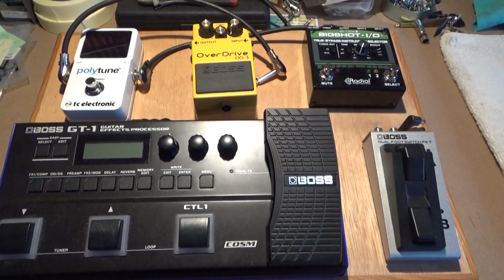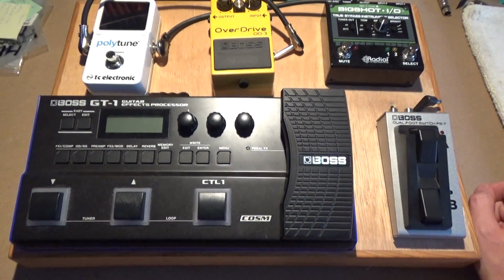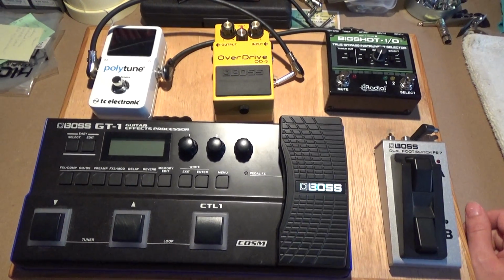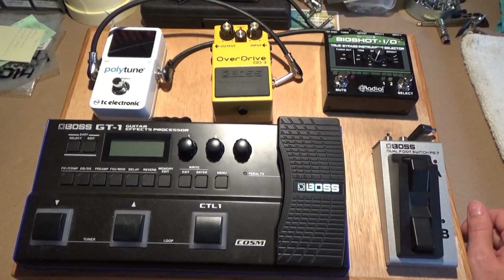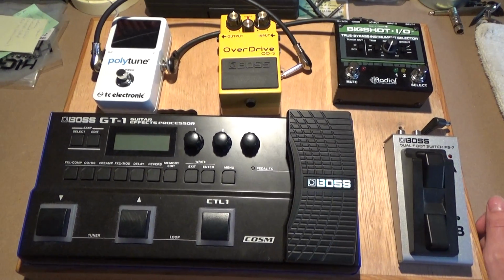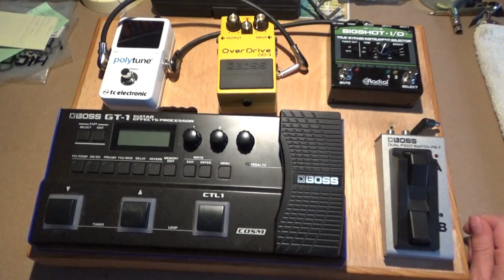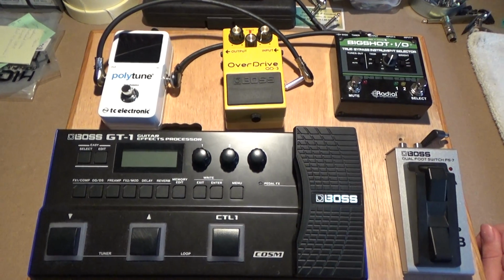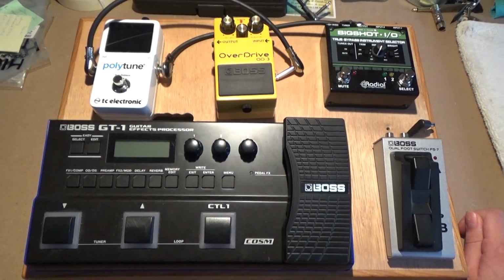Hi guys, so I'm back here with my pedalboard build or assembly, and it's been a little while since I've made an update on this board here, but I've basically been awaiting some parts and some cables and some plugs, just anything like that to come in so